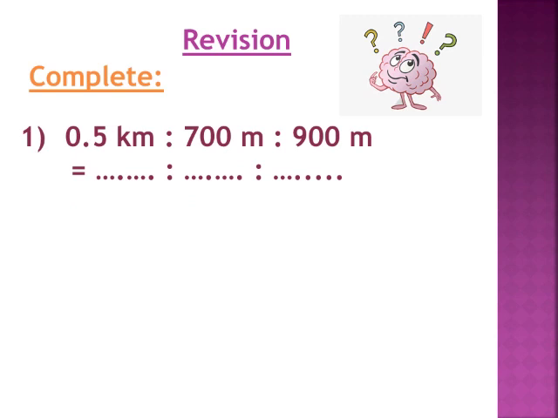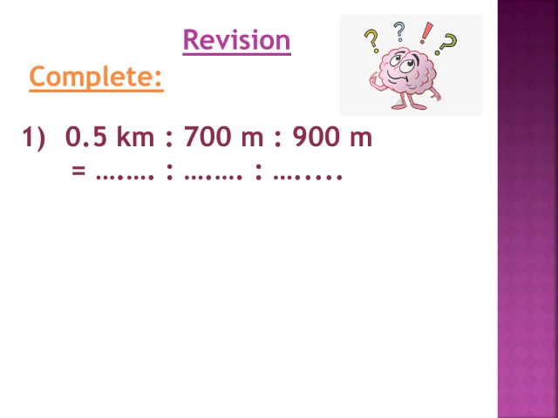What is the ratio between 0.5 kilometer, 700 meter, and 900 meter? Okay, I have here a ratio among three numbers, and they have different units: kilometer, meter, meter. As we said before, the ratio must be between the same unit, and we have different units here, so